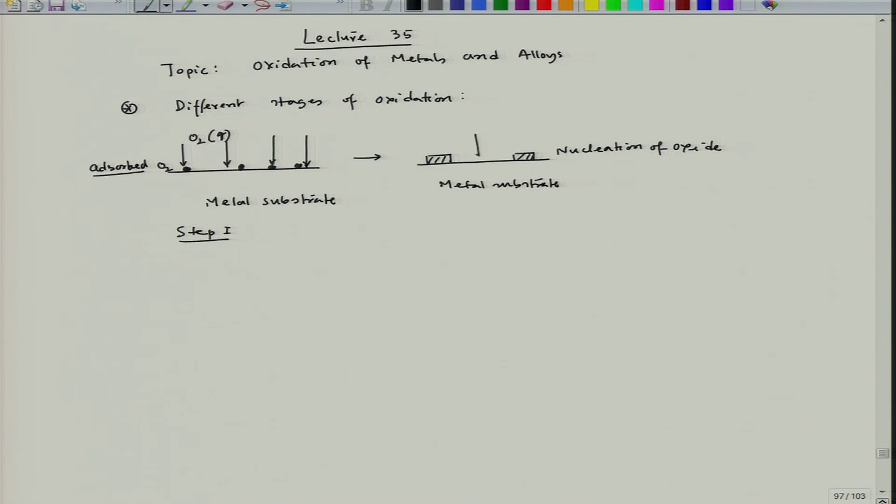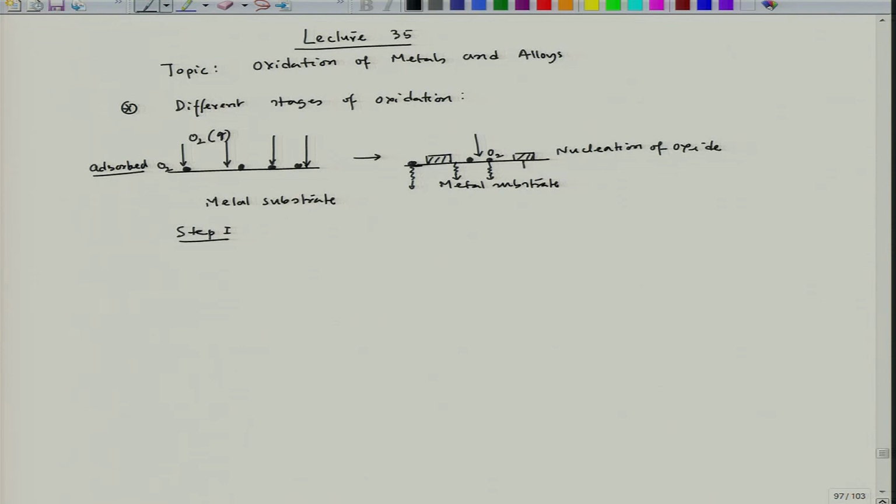And of course, adsorption of oxygen on the metal surface keeps on going, adsorption on other exposed areas takes place. Now, when it happens, there could be a possibility of dissolution of